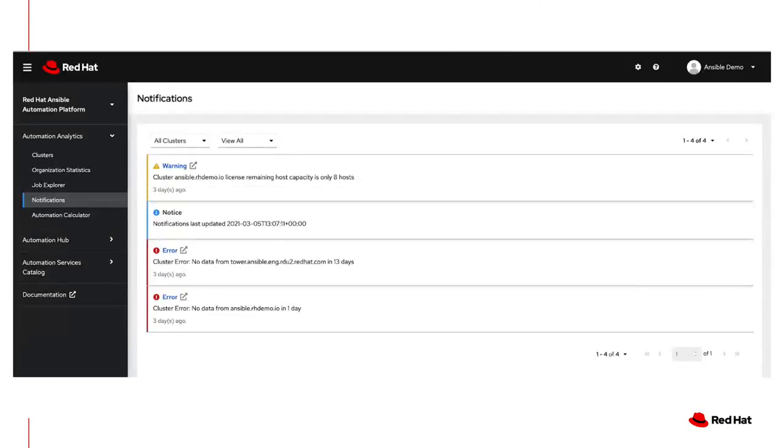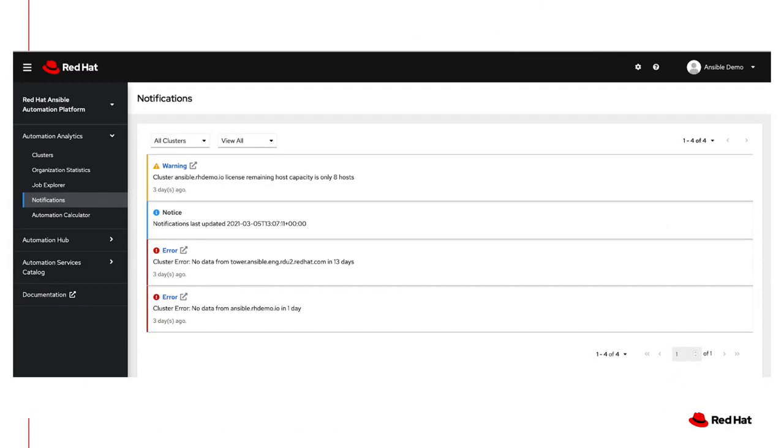So here is the notification screen. You can see that you can sort notifications by the severity of potential issues. It's not shown on the screen right here, but there are a few different categories, which are neutral, important, and urgent. You can also toggle by a specific cluster in the drop-down menu at the top to further filter